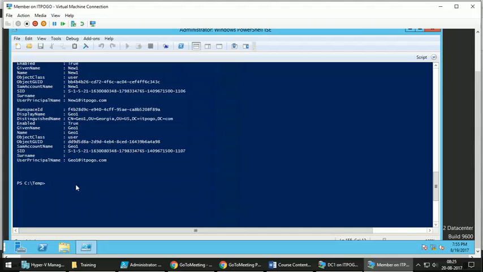What is the use of importing the Active Directory module into the local computer? Where is the situation that we can use it? See, suppose I want to use commands related to Active Directory on my computer, like Get-ADUser, Get-ADGroup.